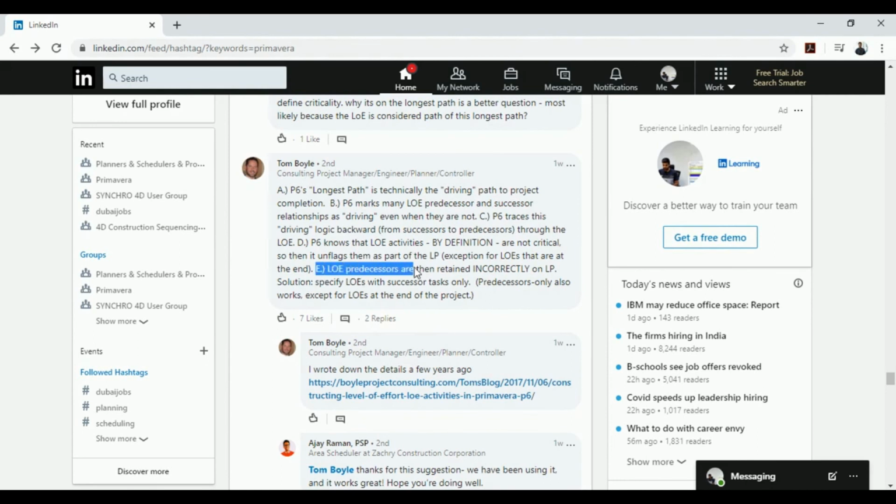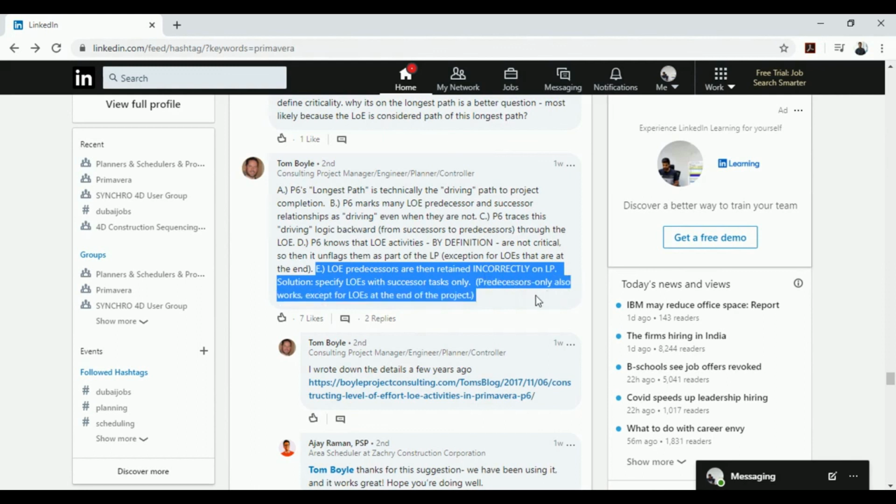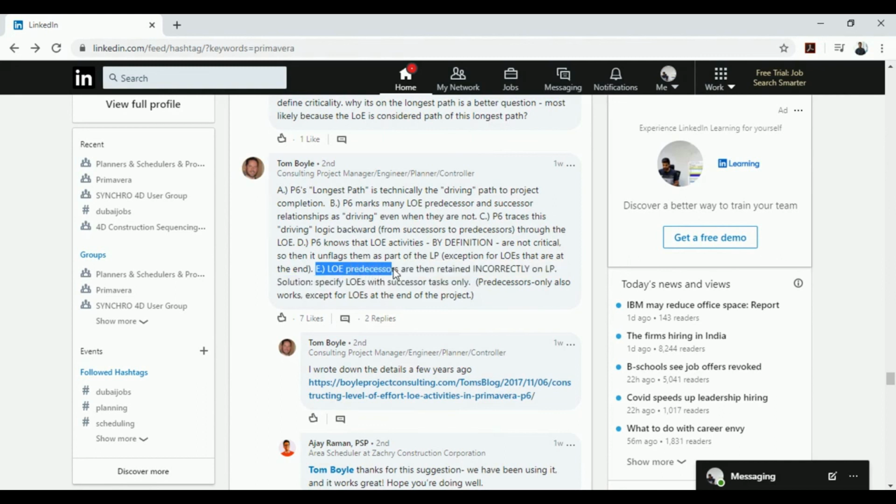LOE predecessors are then retained incorrectly on longest path. That's right. Solution: specify LOEs with successor task only.